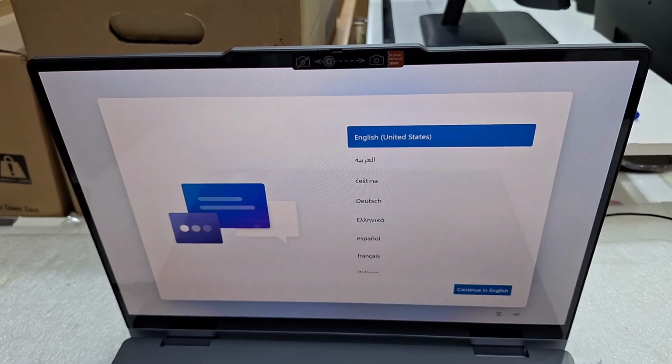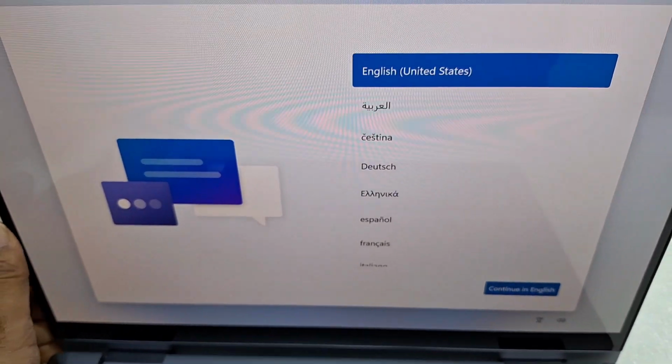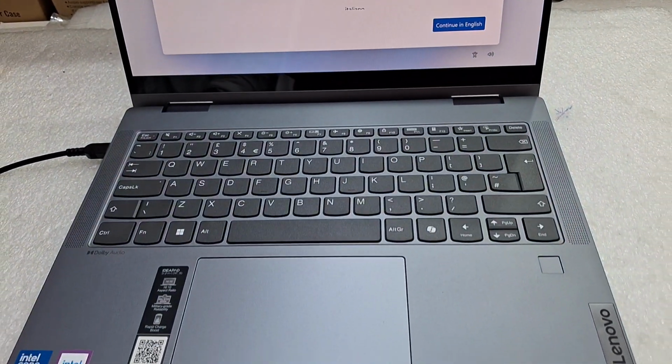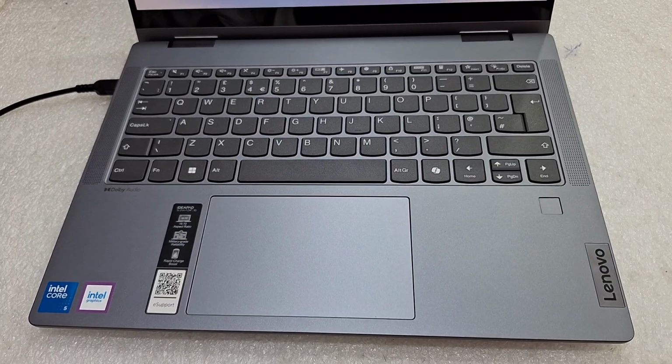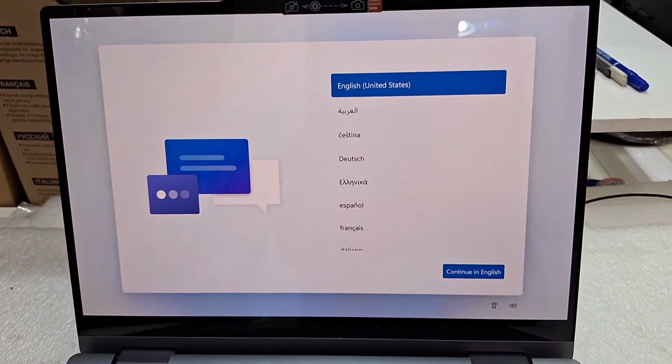So after factory reset, the unit will start like this. So you need to do the setup and then use it. This is a full factory setting. All data removed, all files removed, all applications removed, using as a factory